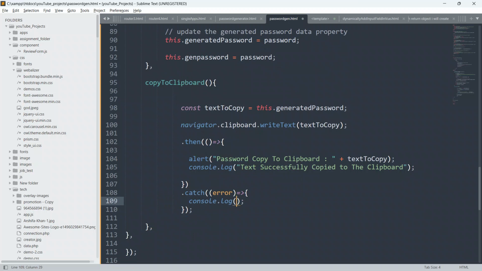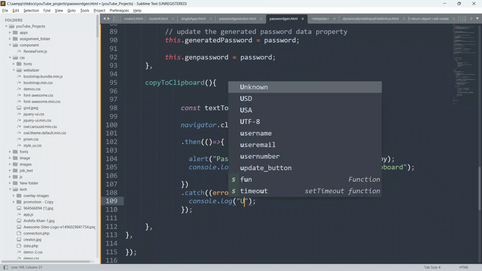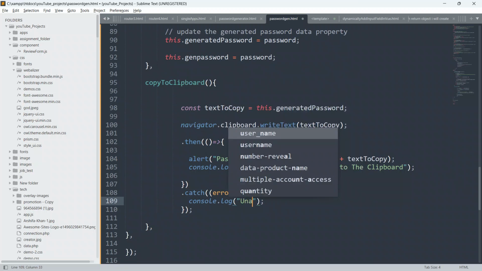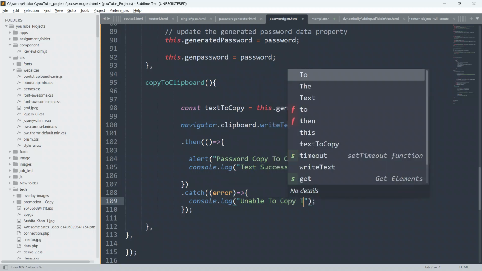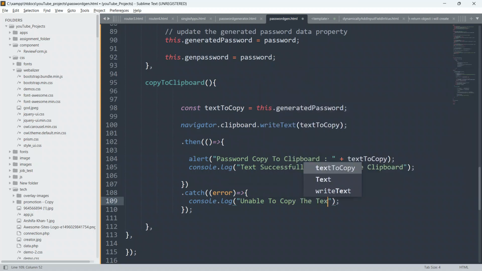I'll say: unable to copy the text to the clipboard, comma, and pass this error as a parameter to this function. So now our code is ready.